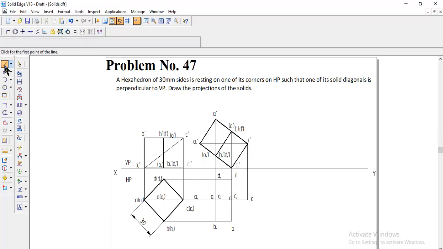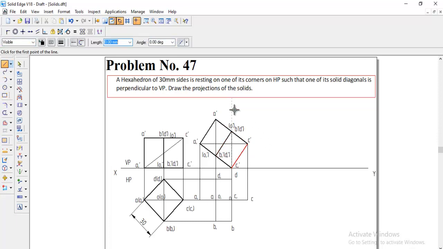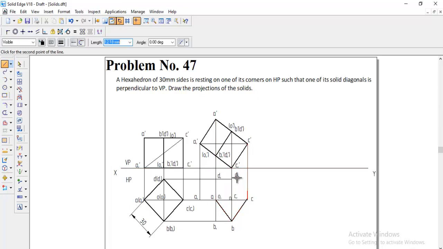Okay, after naming all this, we can make the visible and hidden lines. First we will start according to the technique we are following. We need to see from the top which face is coming first, we need to make it visible, that is A dash, B dash, C dash, D dash. So here we need to make A, B, C, D visible. So we are getting A here, A to B, B to C, C to D, and back to A. And next we can finish the borders here. The border is nothing but D to D1, and then A1, and then B1, and then B. So this is the border, we have to make it finished.